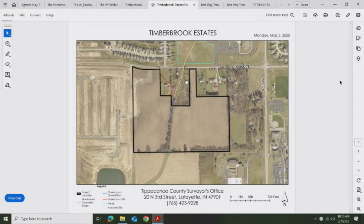At Timberbrook Meadows, you can see the pond in the lower left-hand corner. That pond was designed to receive the west portion of Timberbrook Estates. The proposed design is in accordance with that approval for Timberbrook Meadows. The Timberbrook Meadows pond will be excavated, or enlarged, to handle the runoff